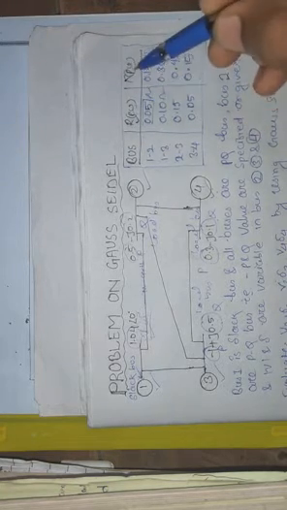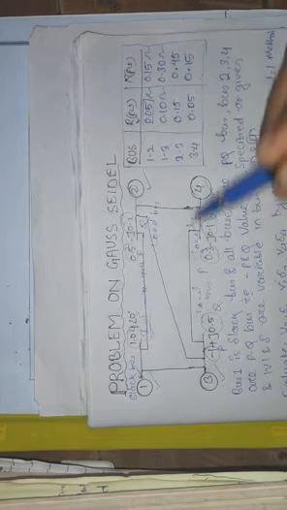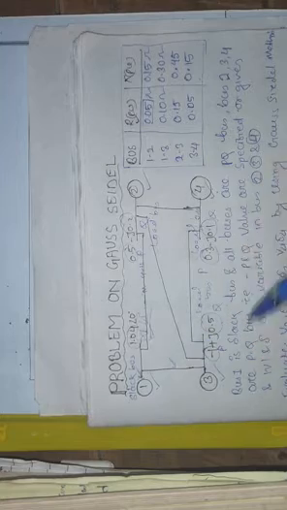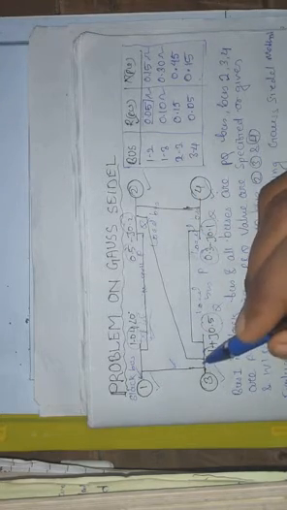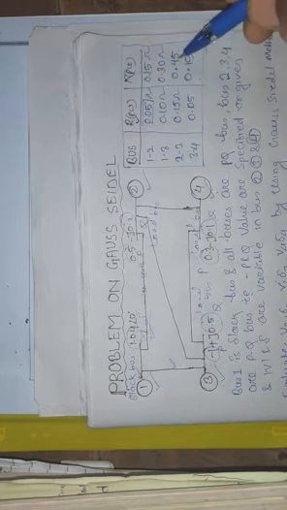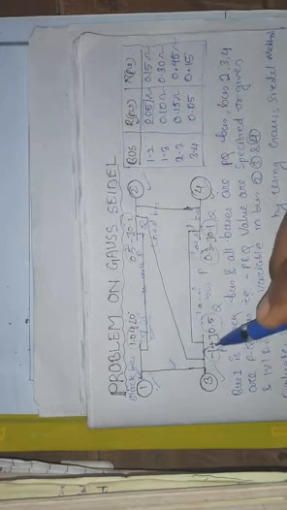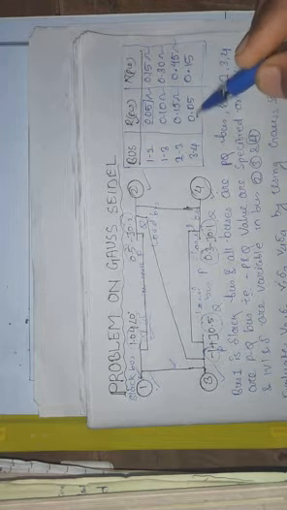Remember that it is given in the per unit manner. Reactance is 0.30 in this line. Like that, between bus number 2 and 3, the resistance is 0.15 and reactance is 0.45. Between bus number 3 and 4, the resistance is 0.05 and the reactance is 0.15.